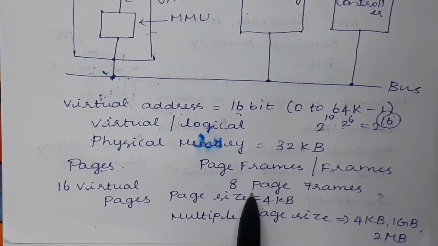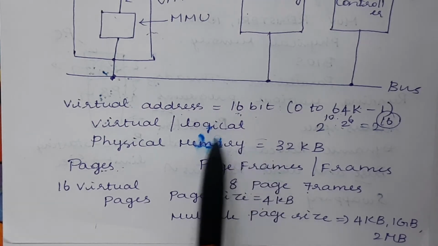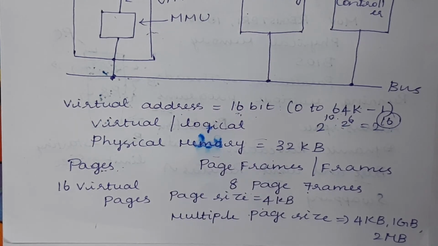In the same way, how many page frames will we get in main memory? If each frame consists of 4 KB, we get 8 page frames for 32 KB of physical memory. Some architectural designs may have multiple page sizes such as 4 KB, 2 MB, 1 GB. They will use 4 KB pages of virtual space to hold the user applications, and 1 GB of virtual space to hold the entire kernel.